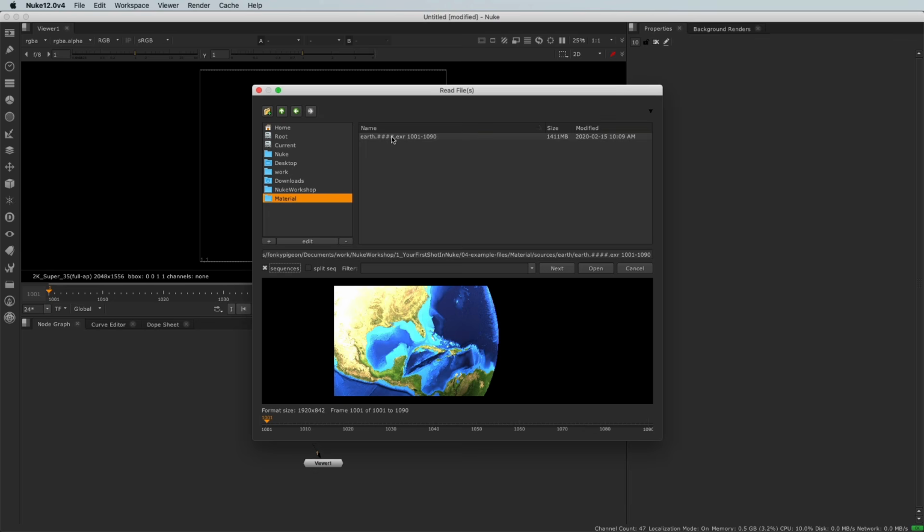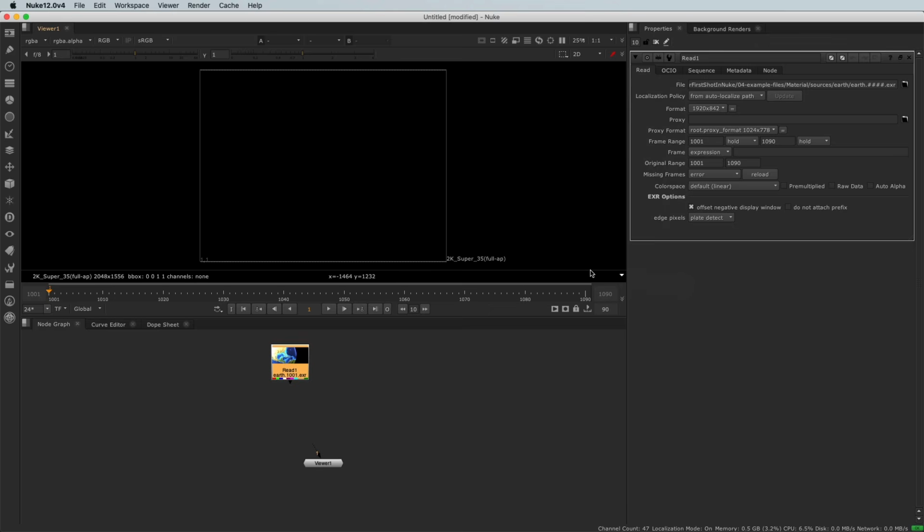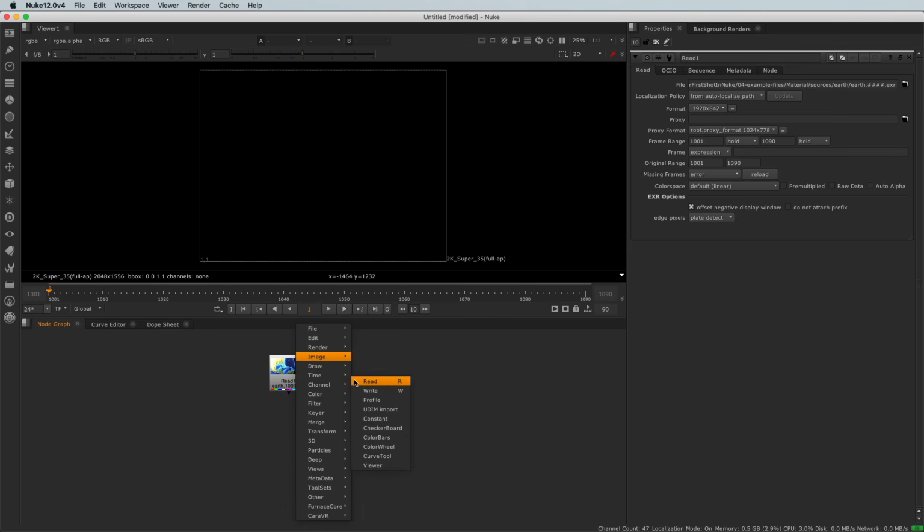And now you should just have one line here. So you can select it and click on open. Perfect. Okay, now the second technique to import images and to create a node is with the right click button,